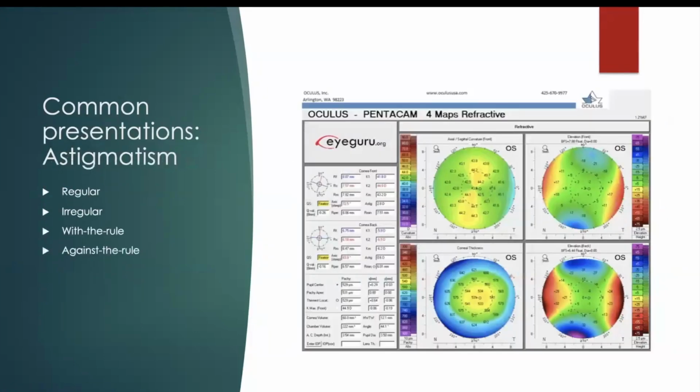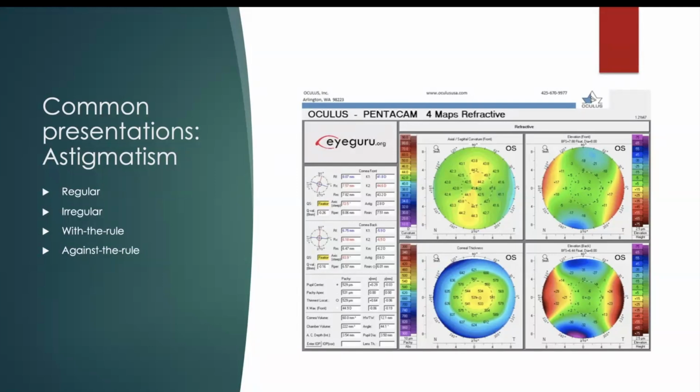Then with astigmatism, so you've got different types of astigmatism. And again, these images are taken from the Eye Guru report, which is quite a nice way if you're first starting off to look at how things look. And the only reason I'm using these pictures really is just, there's a nice example here of what different types of astigmatism look like. So a regular astigmatism is essentially where the angle between your steep and your